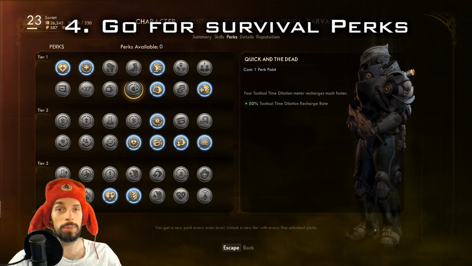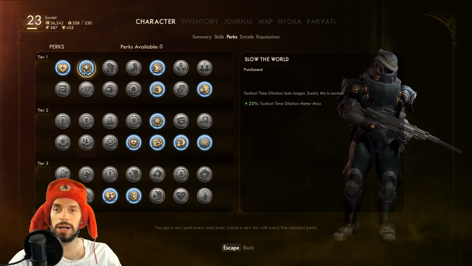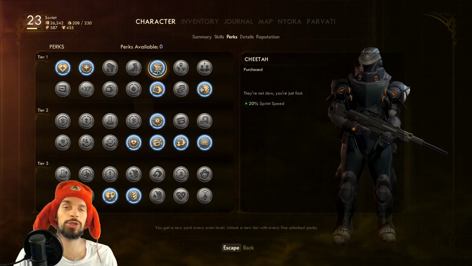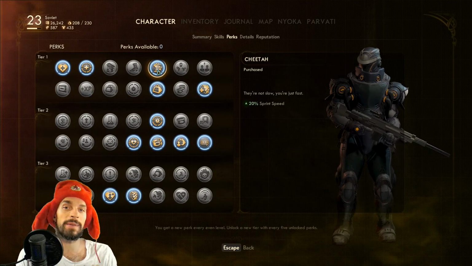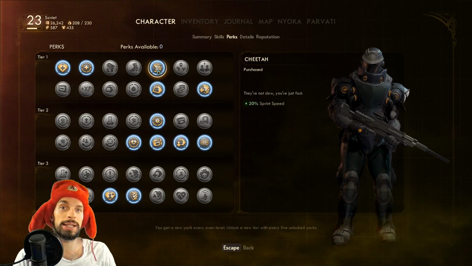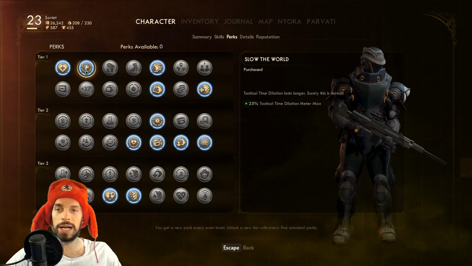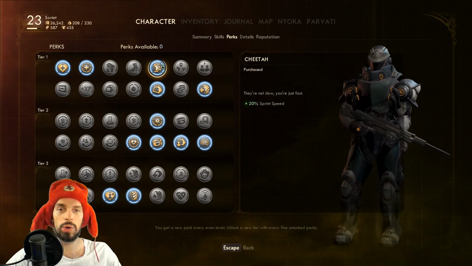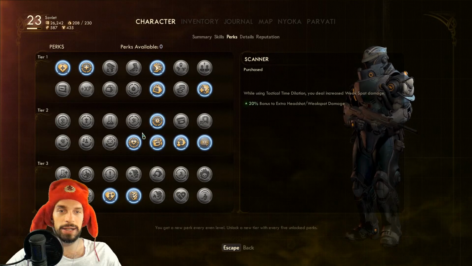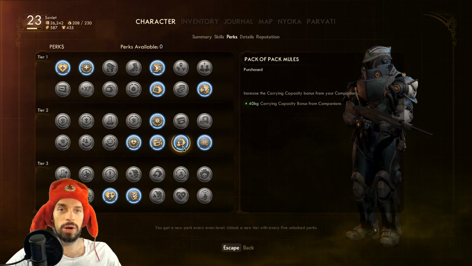Tip number 4 will be about the perks. You want to prioritize survival skills like health, armor, and I recommend getting the sprint speed because sprinting doesn't consume any kind of stamina and you can sprint forever, and since you don't have fast travel, you will be traveling around a lot, and sprinting is the fastest way for you to travel. So as you can see, for my playthrough, I took Health, Slow the World, Cheetah, Pack Mule, Resilient, Scanner, Harvester, Hoarder, Pack of the Mules,